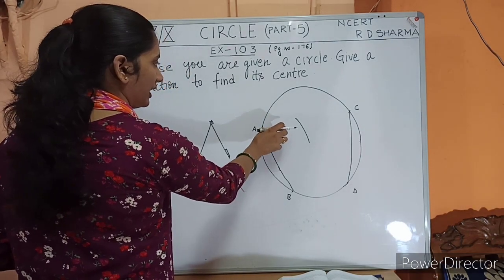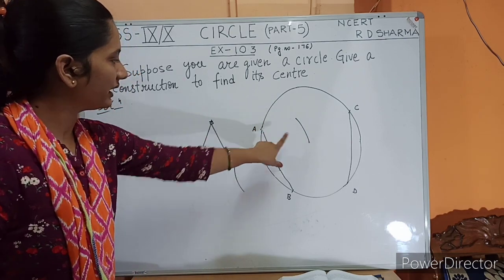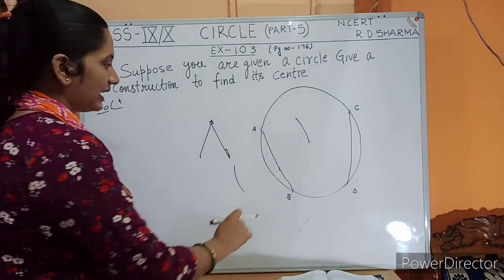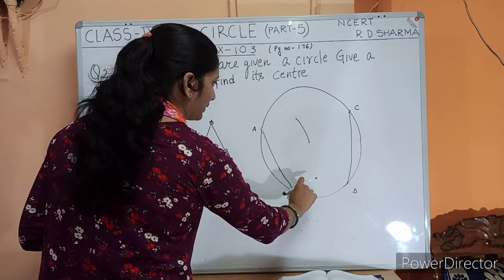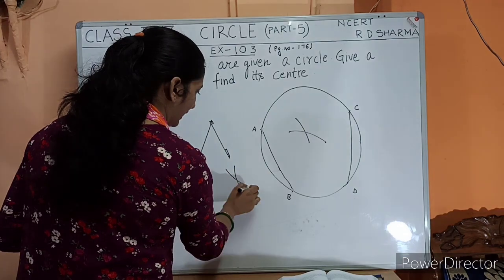And we will make one arc upside, one arc downside. You have to place here the sharp edge upside and then one downside. एक ऊपर की तरफ, एक नीचे की तरफ arc बनाएंगे. The same step we are going to do with point B. B पे रखिए, cut the previous arc up and down.